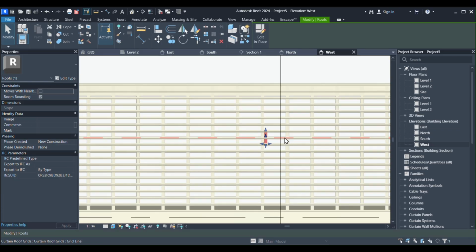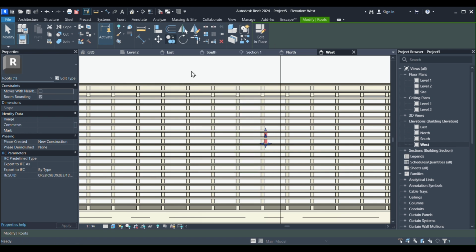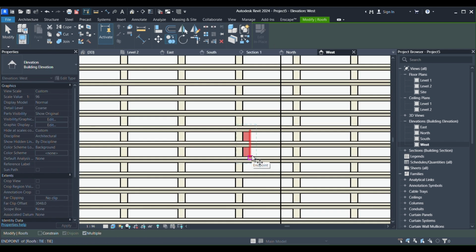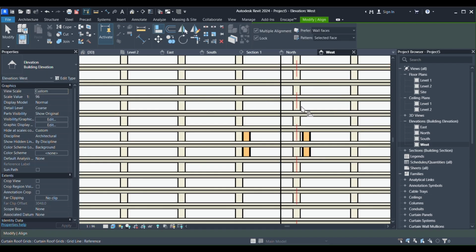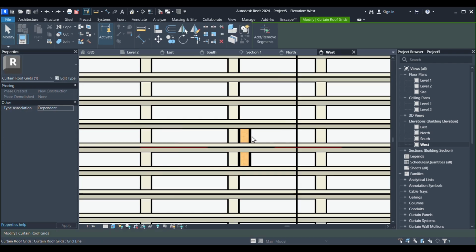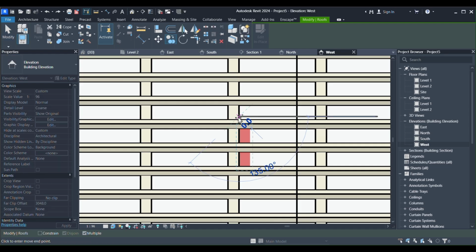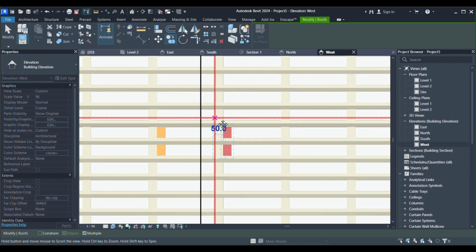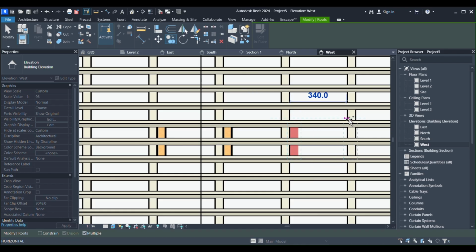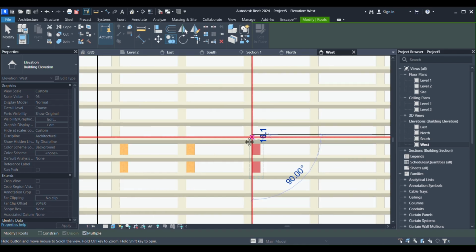So I'm going to copy our tie beam forward and backward. So copy,